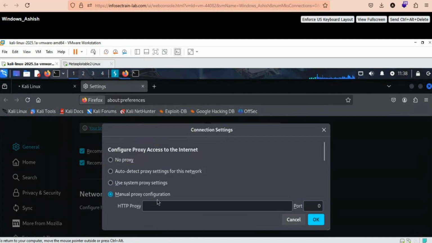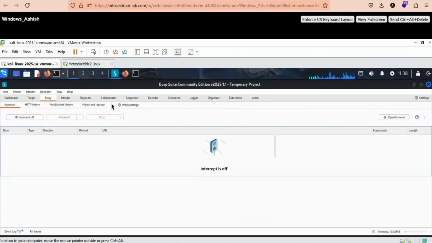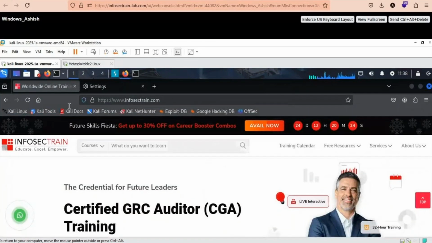So I will use manual proxy configuration. Burp suite is running on 127.0.0.1 and port number 8080. Now if I want to capture the request, I'll put intercept on. If I refresh this page,